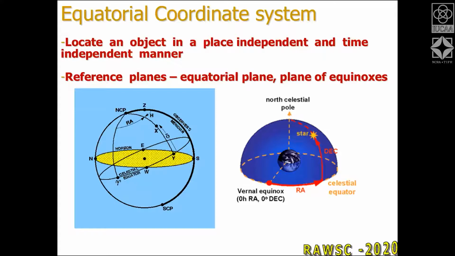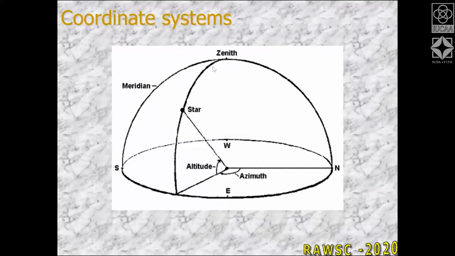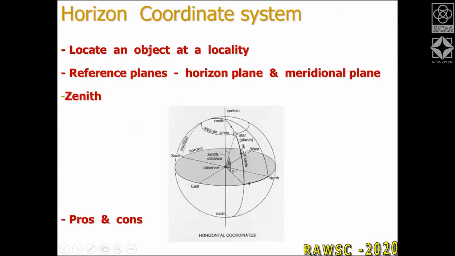Overhead, when the sun is overhead. Right. When the sun is crossing a circle known as your meridian circle. If you connect south, north, and the top of your head, that circle is called the meridian circle. Or if you look at this, which is even better, north, zenith, and south, this is called the meridian circle.